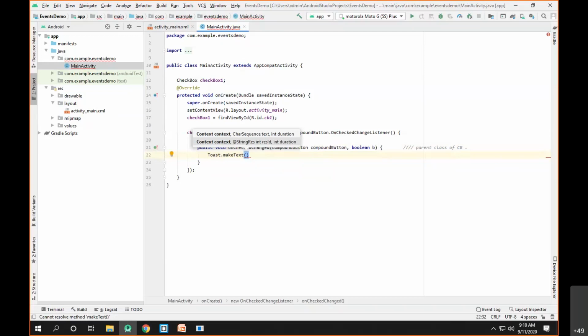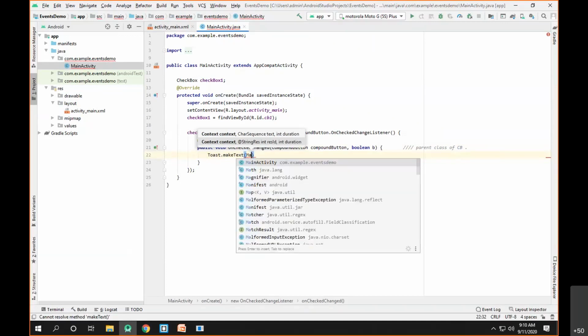At the same time, suppose we display whether it is checked or unchecked. Based on the second parameter, b, we know that if the checkbox is checked, b will be true, otherwise the value of b will be false. So we'll simply put it here.